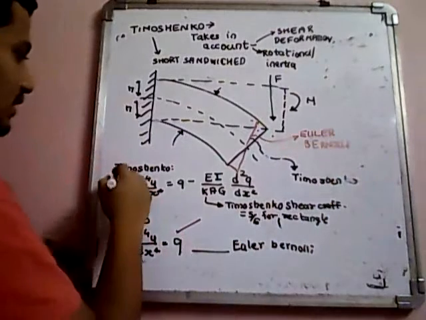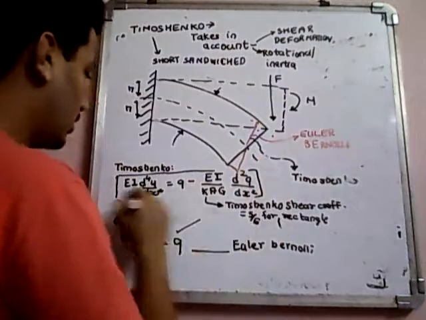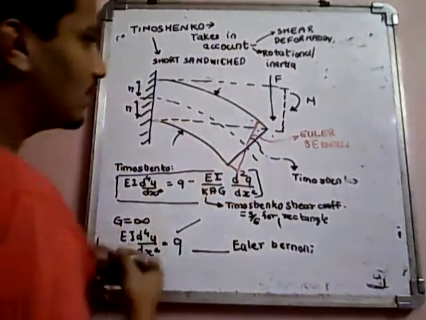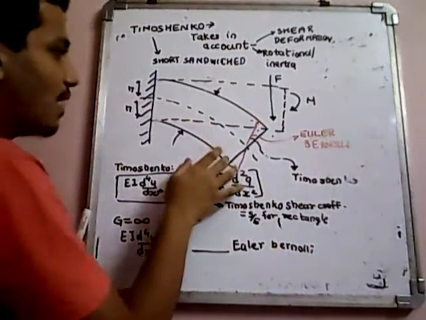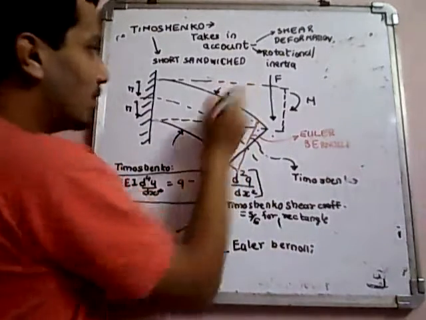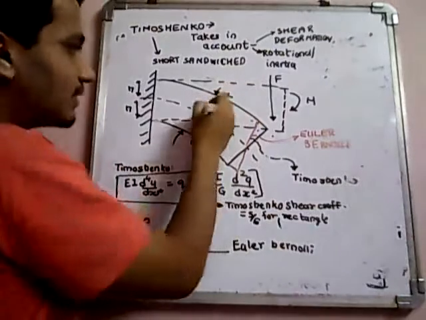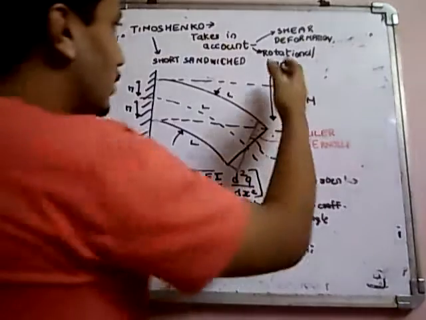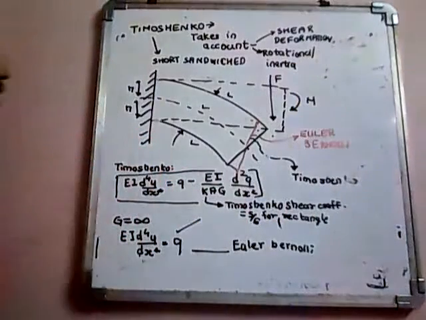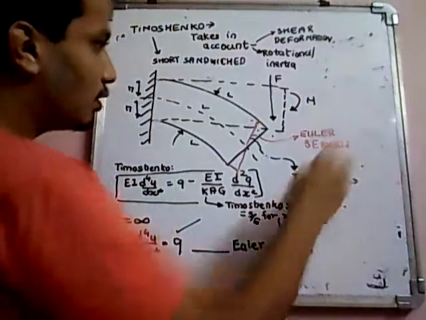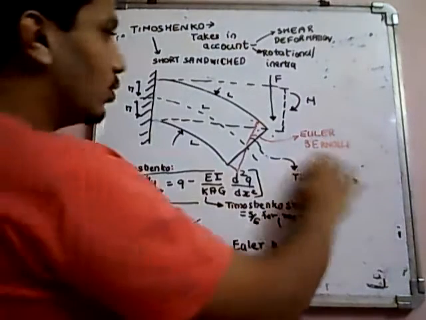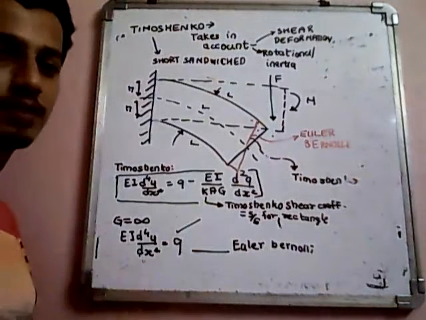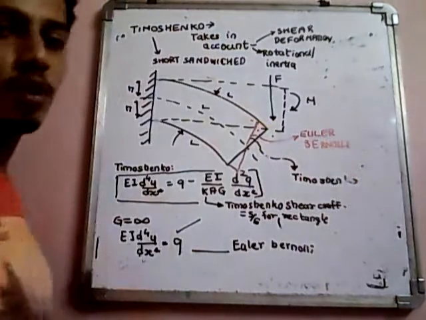So basically, this is the equation for the Timoshenko theory. What the Euler-Bernoulli equation does is assume that there is no change in length of the fiber, so it assumes the length of the upper fiber will be the same as the length of the lower fiber, and the same as the length at the neutral axis of the beam. So the Euler-Bernoulli theory is a somewhat simplified version of Timoshenko theory. However, to avoid complex calculations, we consider Euler-Bernoulli theory, as Timoshenko theory should be used only for short or sandwich beams. Other than that, we may use the Euler-Bernoulli theory.